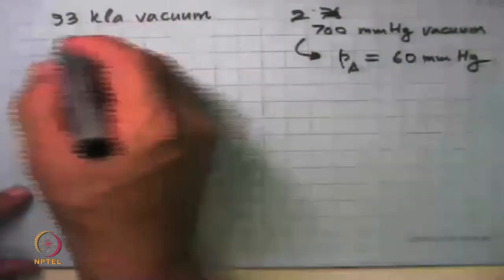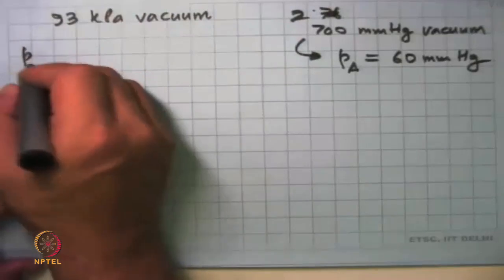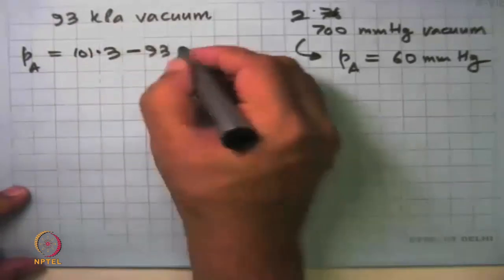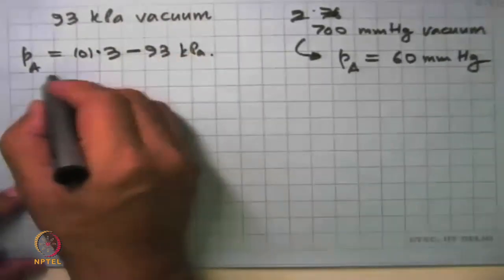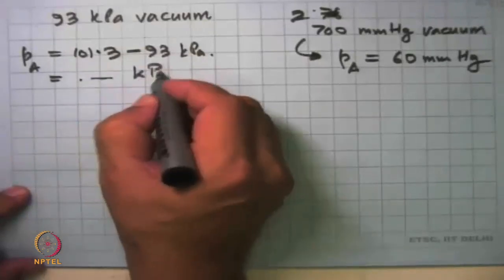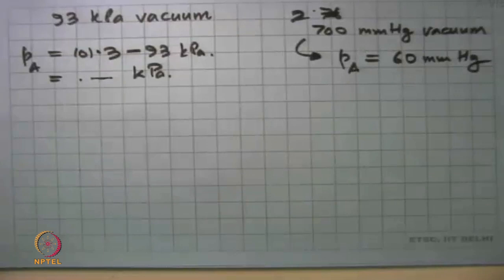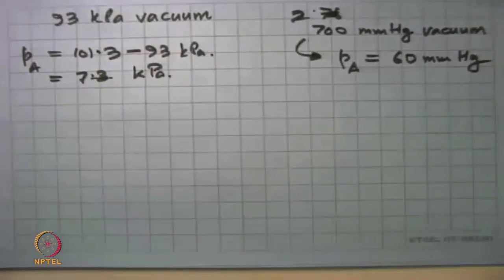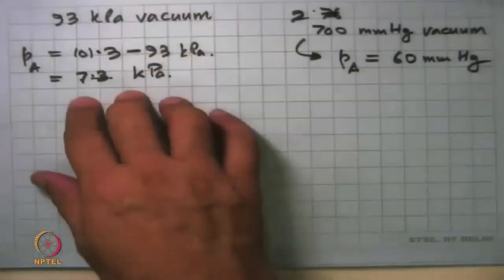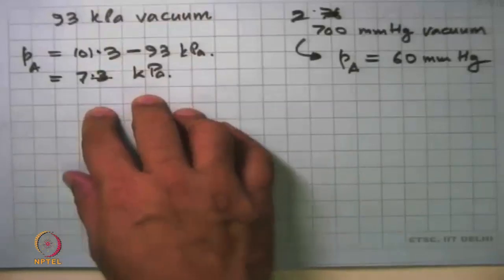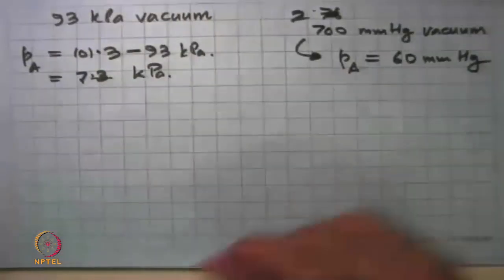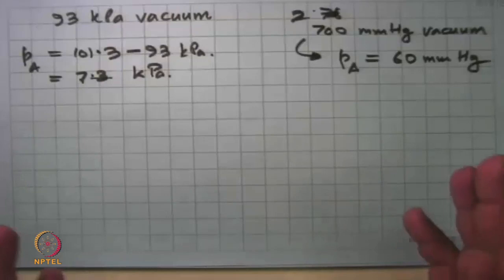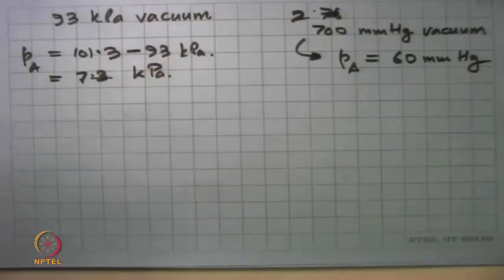93 kPa vacuum, we assume the ambient to be 101.32, then the absolute pressure will be 101.3 minus 93, so much kPa. And whatever the number comes, the units of that is only kilopascal. Or in this case it is 7.3, so that's it. This is important because there are many applications where we come across such pressures and we exploit it quite extensively. So we have to take care in differentiating between absolute pressure and gauge pressure and correctly interpreting what it is.